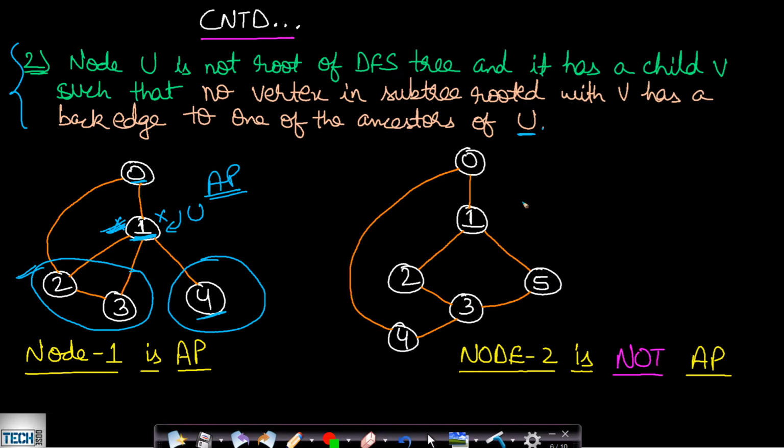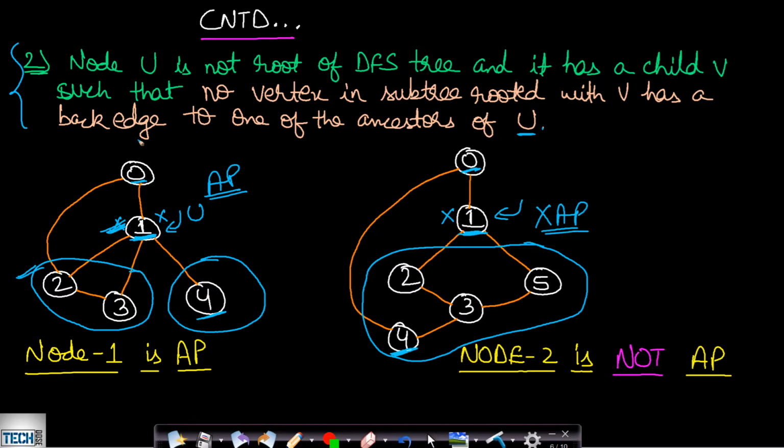Okay, so if you look at this second graph, then again if you are at this node 1, it has just a single subgraph. This is one subgraph because they are all interconnected. Now from this subgraph there is a back edge starting from this node 4 going to node 0, which is an ancestor of 1, and that is why even after removing this node 1 your components will not increase. There are no other subgraphs to be explored, and so this 1 will not be an articulation point. I hope you got an idea about this case 2 as well. This is for those nodes which are not the root nodes of the entire graph.